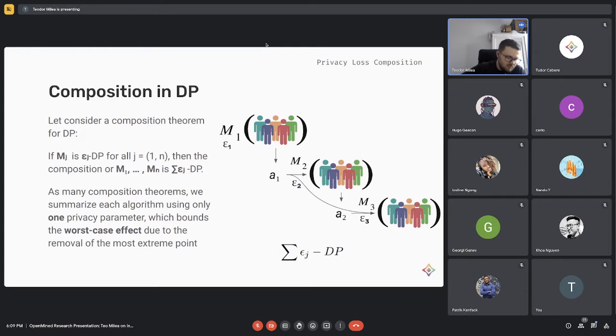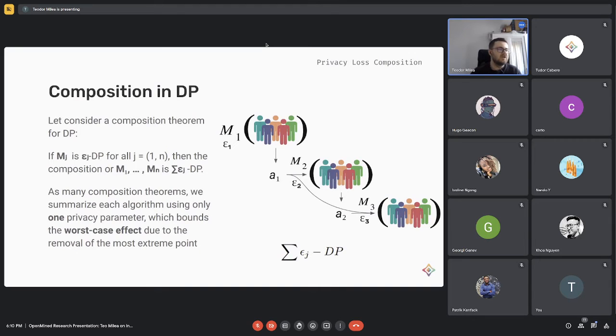So how would that look, for example, if we are thinking of a very simple scenario where we have a company and people that would like to have a mean of their salaries without telling each other their salary. In this scenario, we can see that people that have an average salary close to the mean don't really contribute that much to the final computation. So their exclusion is not that impactful as to say, of course, extreme point.